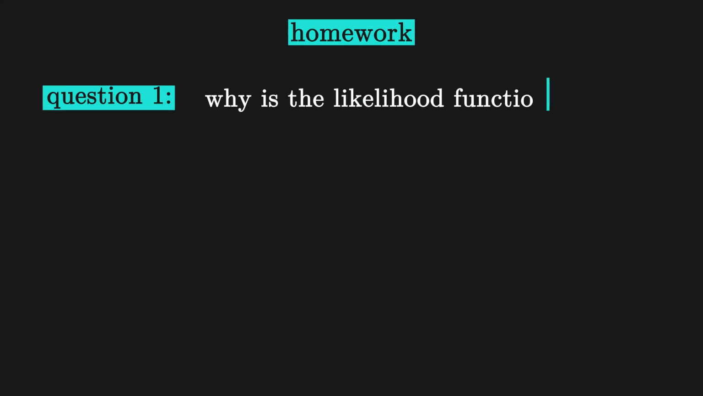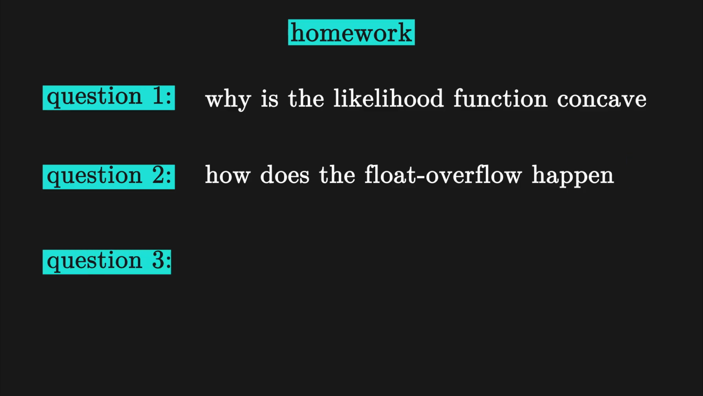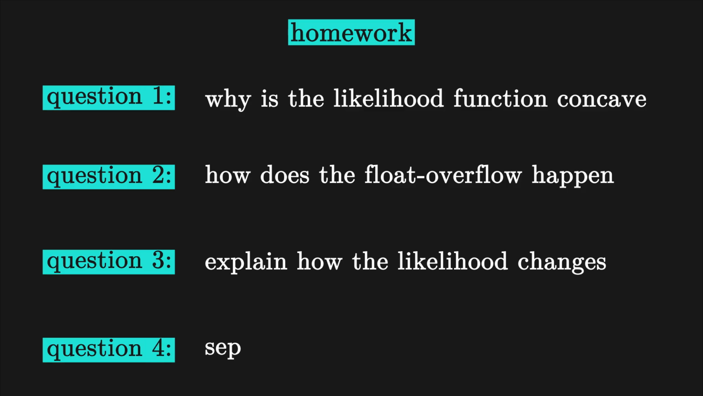We'll end this video with a homework. First question, why is the likelihood function considered concave? Second question, how does the float overflow happen exactly? Third question, explain why the likelihood increases when the guess sigmoid is close to true data, and why does it decrease otherwise? Last question, if the data is completely separable, what stops the machine from continuously increasing the parameter a